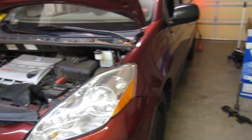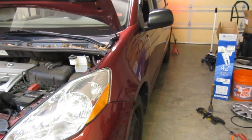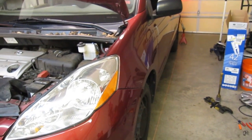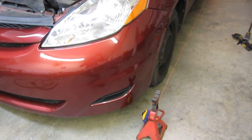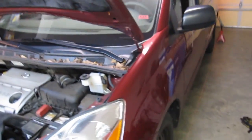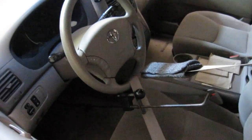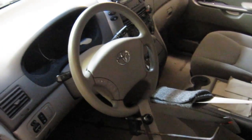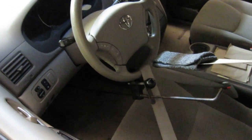So I'm just going to show you a quick trick for doing a quick and dirty alignment, and it's a fairly old trick from what I know, just using a string. So I've got the steering wheel locked where it's flat and even, and I got the brake pedal depressed. So what we're doing here